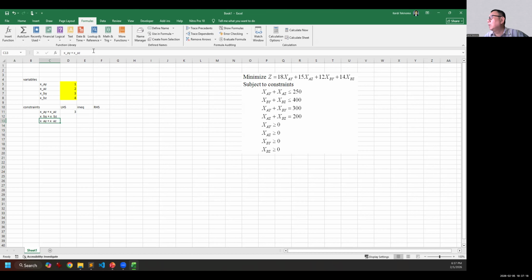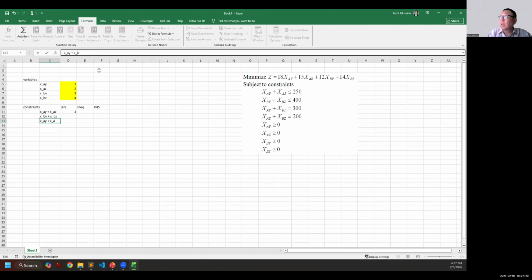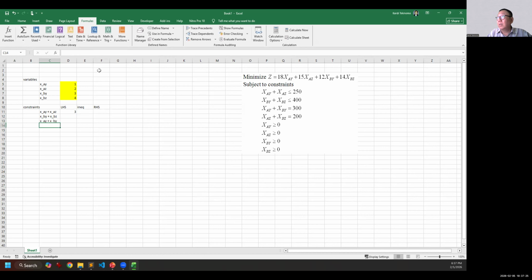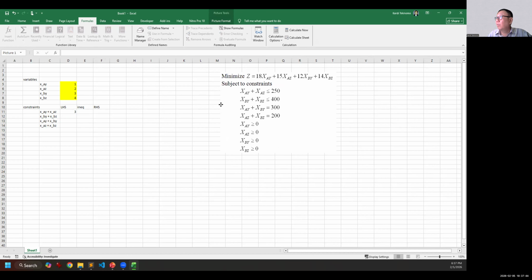Supposed to be by, isn't it? By. And then the last one is x_az plus x_bz. Is that correct? Yeah, based on this formulation.